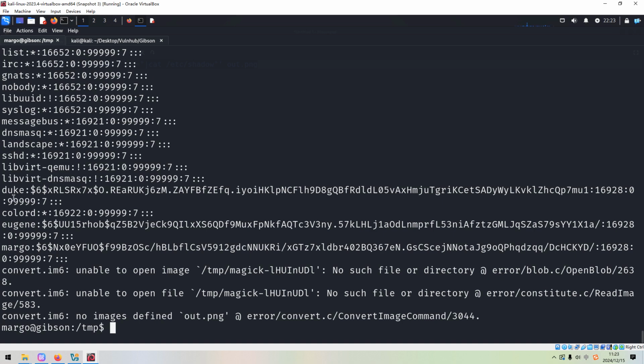Of course, we can use this information for brute forcing. But since convert allows us to execute commands with root privilege, maybe before we try brute forcing against this shadow file, we can change the sudoers file, okay?